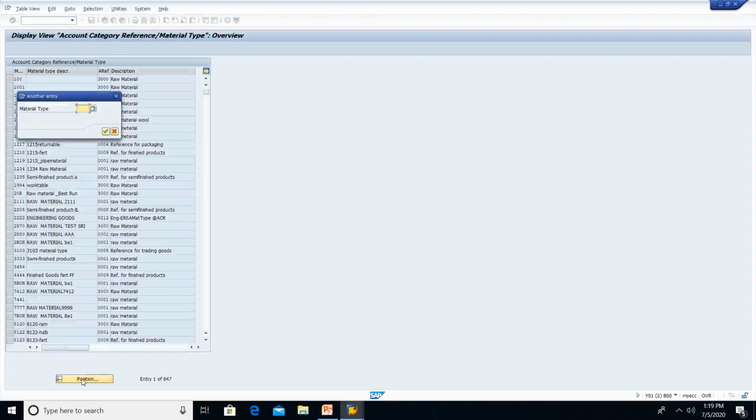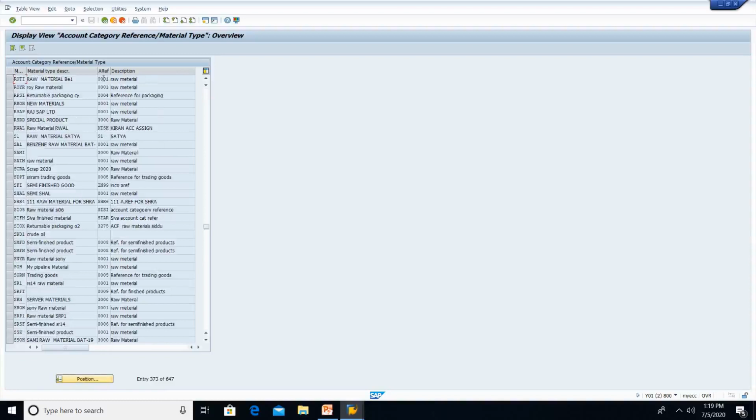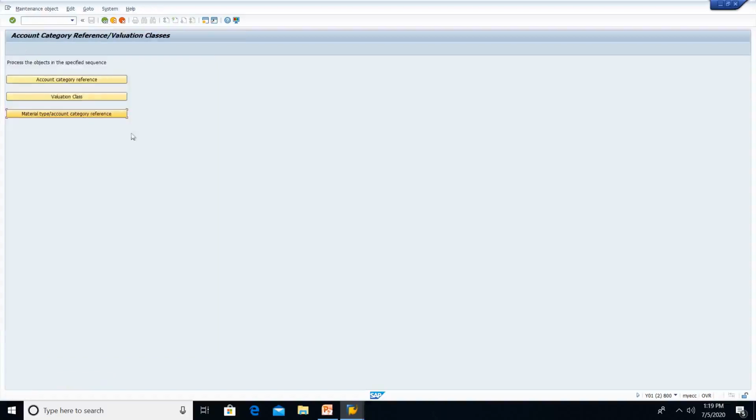What is my material type? ROH. You can see the account category reference 0001. So there is an assignment between material type and account category reference. As a result of these assignments, material type is linked to valuation class through account category reference indirectly.